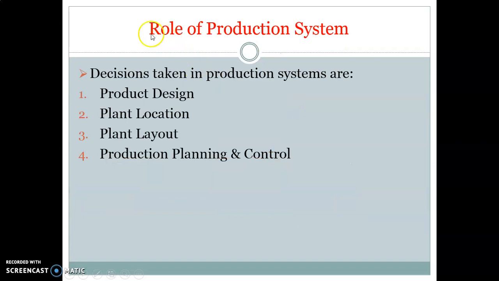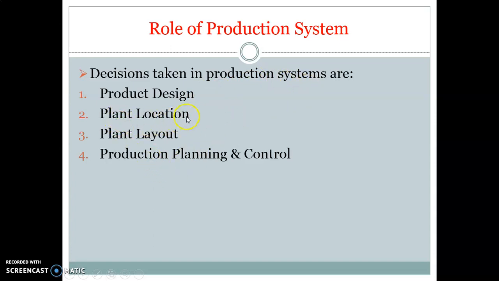Later on we saw the roles of the production department. Here we have to make decisions, and these are the four parameters. First was product design, about the commercialization of a concept which is successfully tested into mass production.